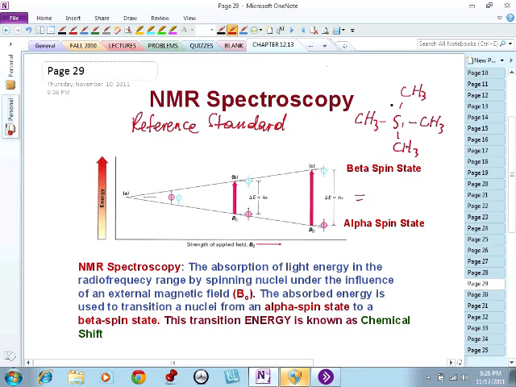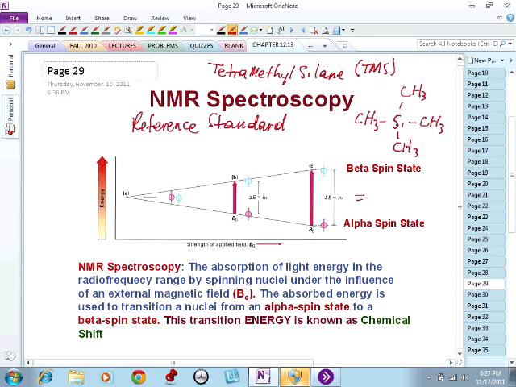This we call tetramethylsilane, and this is abbreviated as TMS. So you're going to hear us say TMS quite often. Now, we use tetramethylsilane as a reference standard for all chemical shifts, because if you look at this molecule here,